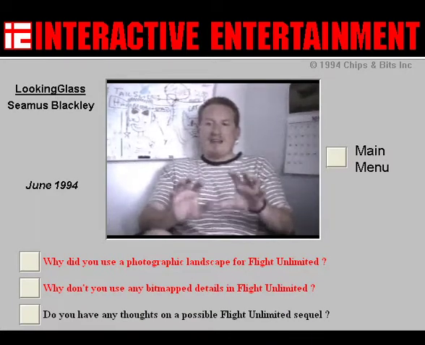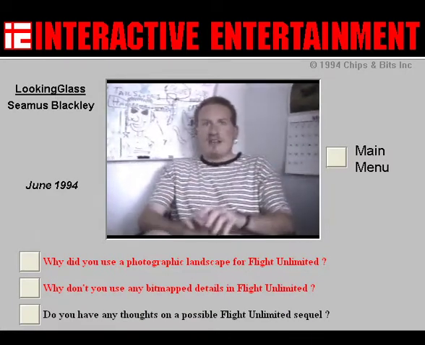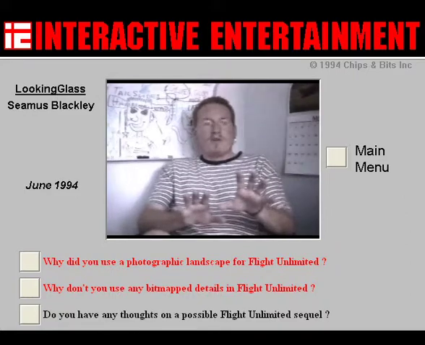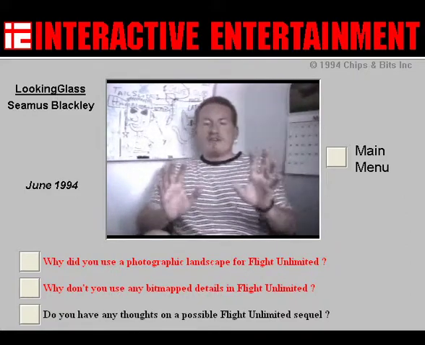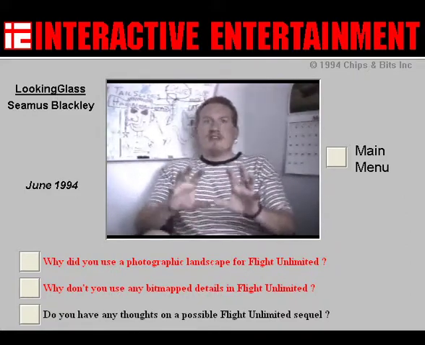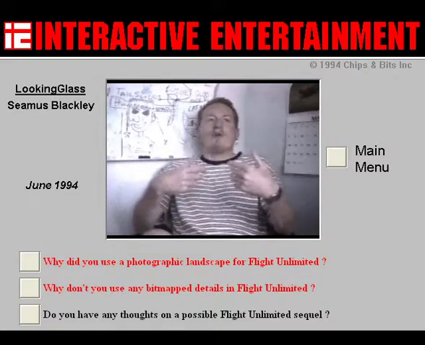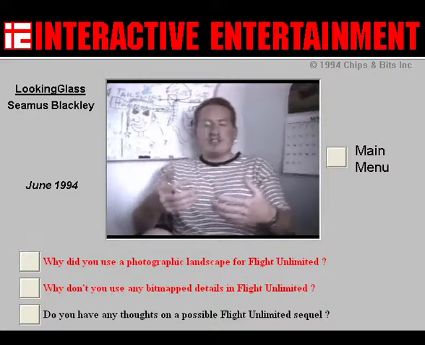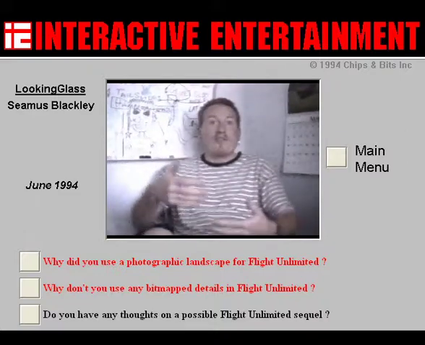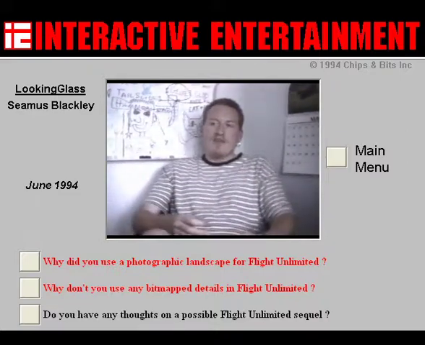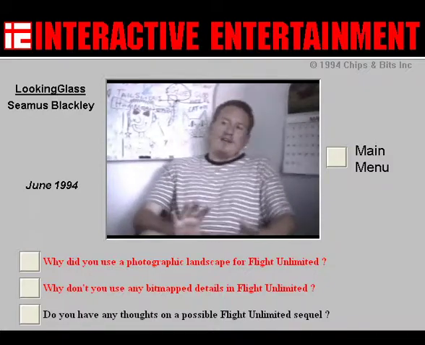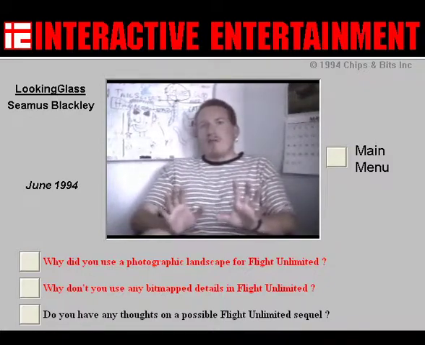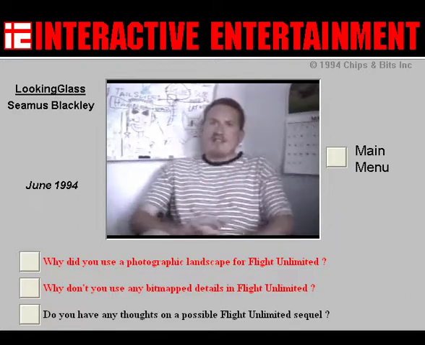Human beings are very good at picking out small differences in detail between things, and that's something that we try to do very, very carefully in Flight Unlimited: make sure that all the transitions of visual languages make a lot of sense, that the screens make sense, and that you're always being transported into this rendered world, and there's a very strong differentiation between things which are rendered and things which are flat. And so that people who are playing it never feel overwhelmed in any way, and so that it always is making good visual sense, and that's part of being honest.